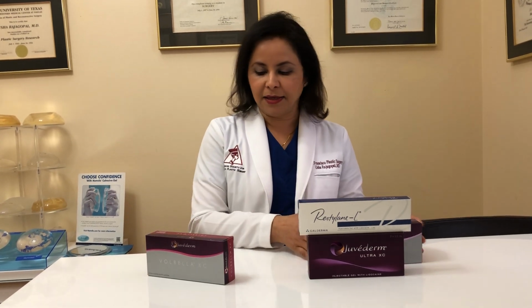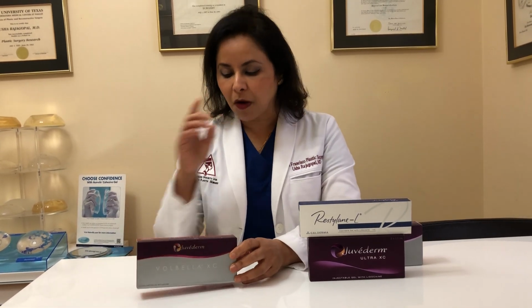Okay, and then the last one is Volbella. This is also a hyaluronic acid filler, but it is much thinner and finer. So it is not for lip plumping, but it's more for lip smoothing. So if you want the fine wrinkles on the lip to be smoother, Volbella is great. So it's more of a lip gloss effect. So it gives smoothness to the lip area. So for a young person who wants smoothing, who really does not want any fullness to the lip,